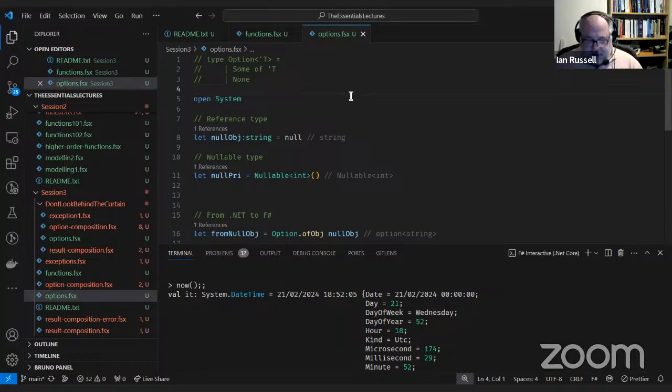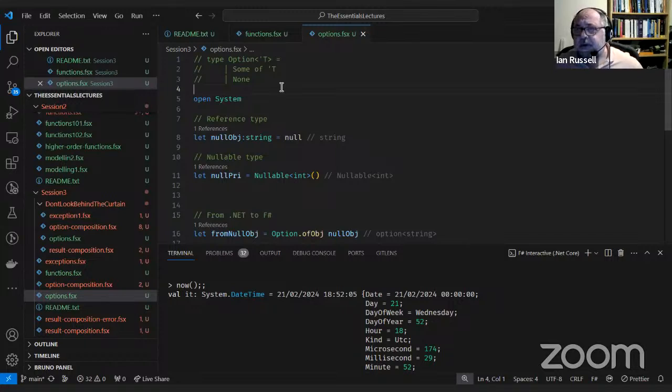So option is a generic discriminated union. The definition of it is at the top of the page here. So it's a discriminated union of type T, and it returns either some of type T or none.